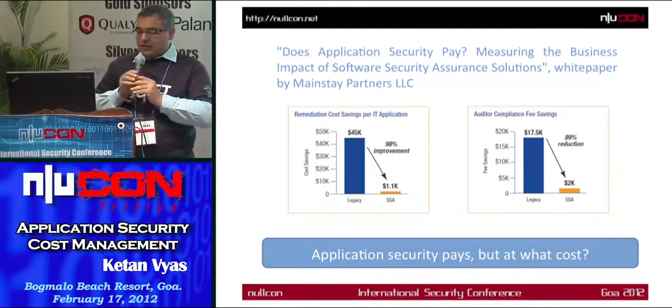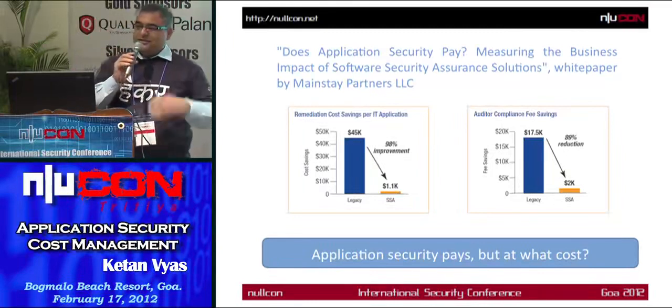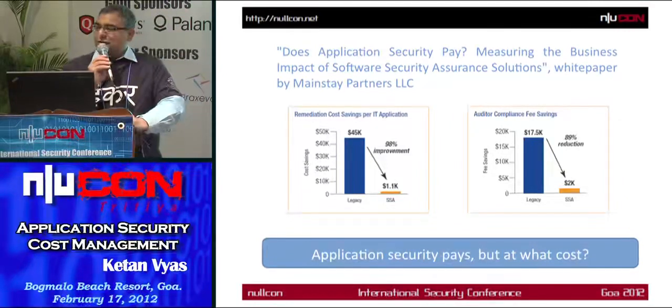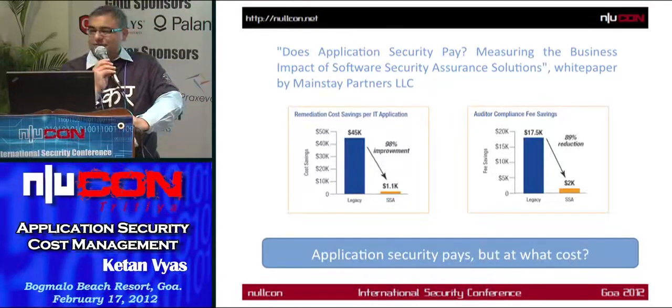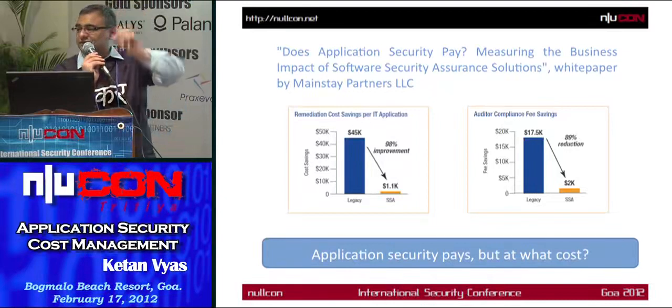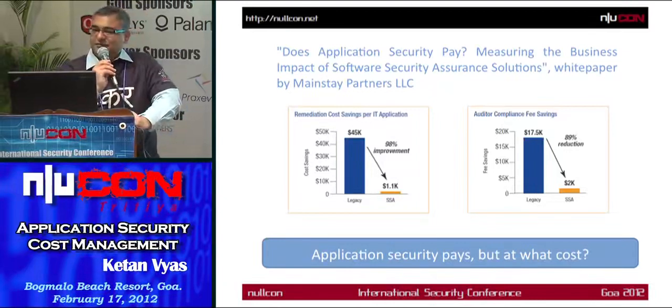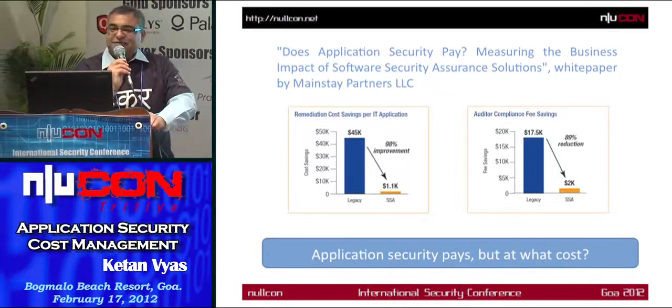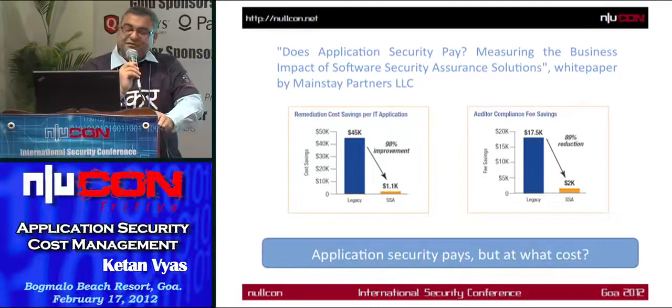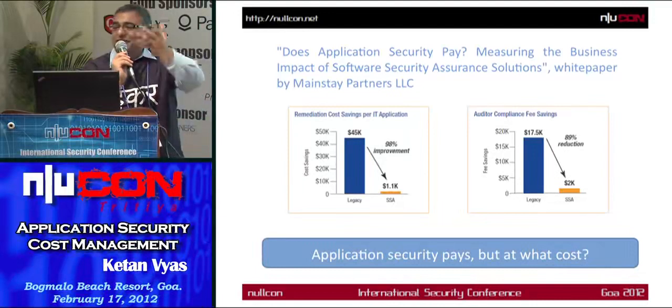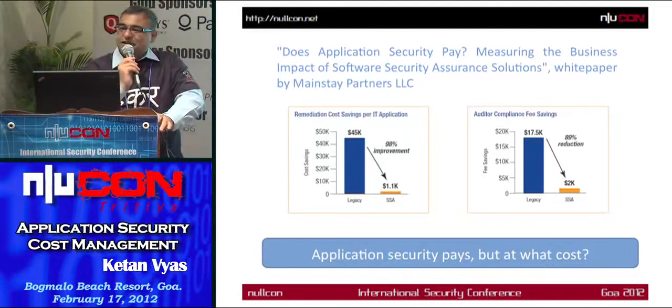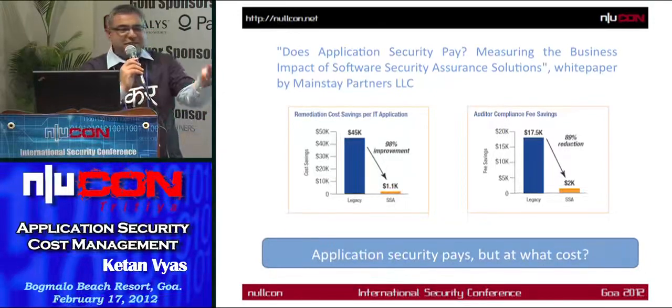I think we have professionals here. Let me ask a question to you. What is the cost of application security? Anyone? The risk minimization. That will be equal to risk minimization. That's equal to risk minimization, okay? Anybody else? What is the cost of security? Percentage, number, anything is okay.